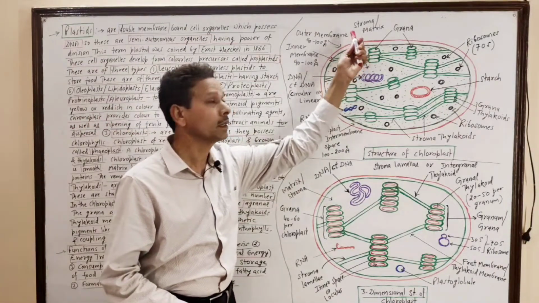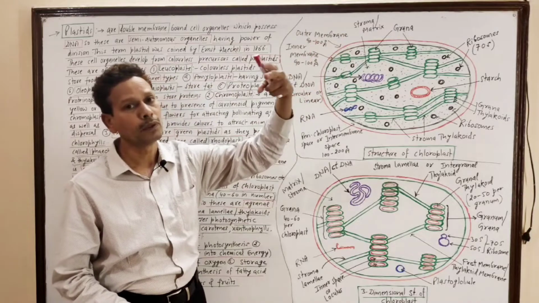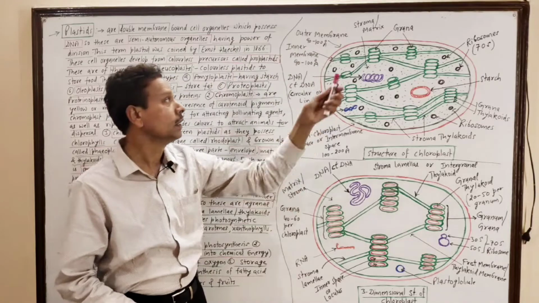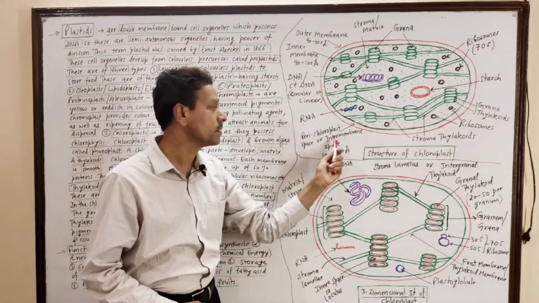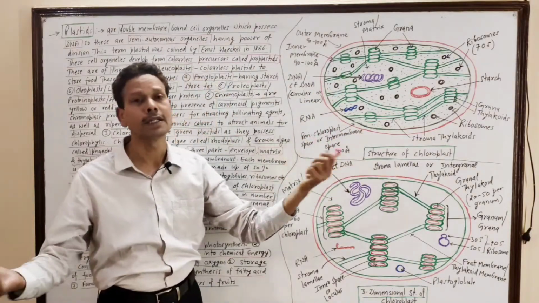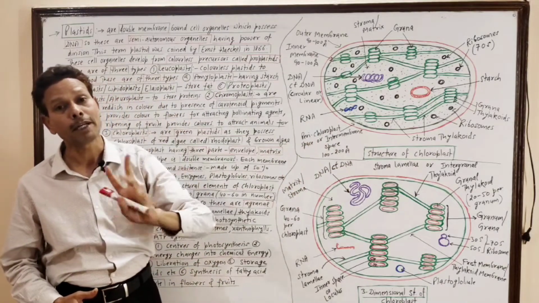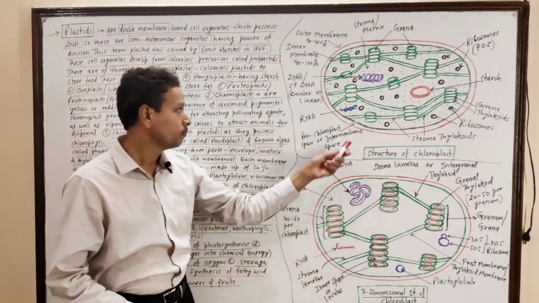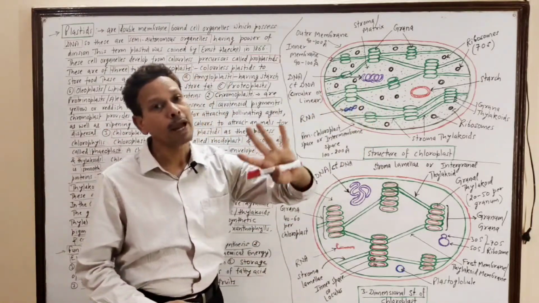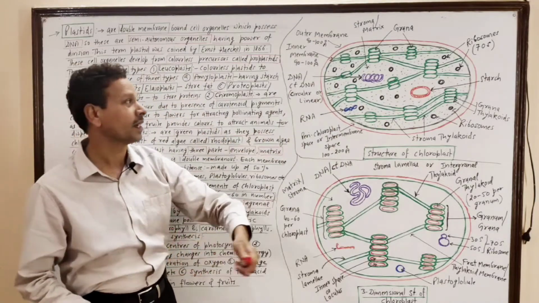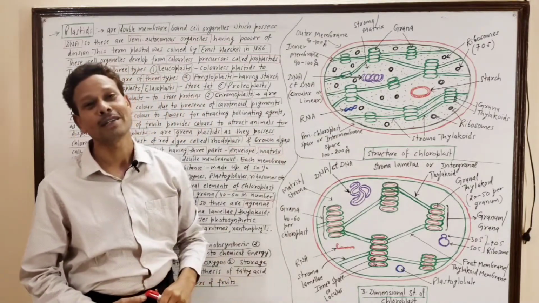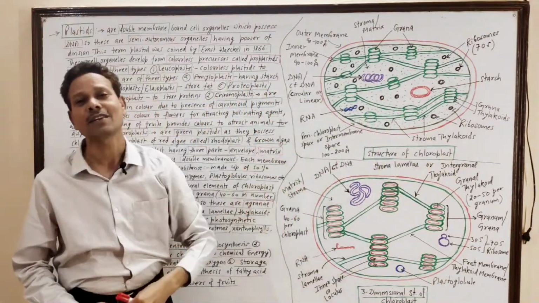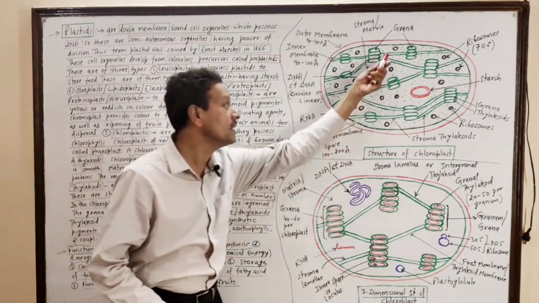First component, envelope, double membranous coat, outer and inner, both membranes are smooth. Between these two membranes, a space is there. It is perichloroplast space, or intermembrane space, 100 to 200 angstrom wide. Second part is ground substance, matrix, or stroma. And the third main part of this chloroplast, these membranous structures, these elementary structures of chloroplast, are thylakoids